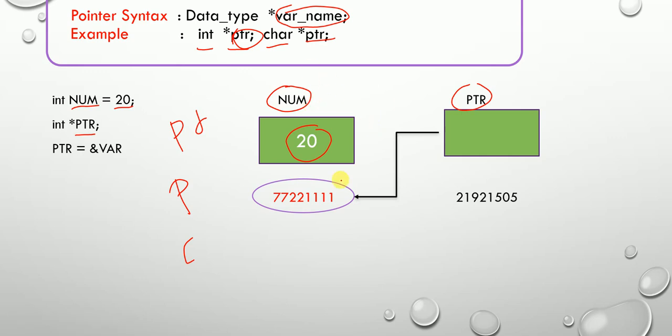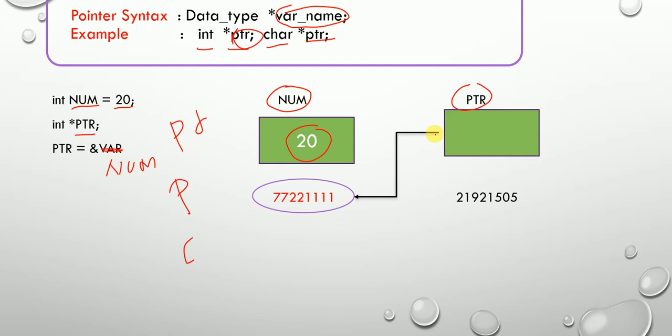What it does is it will get the address of the variable num. Sorry, this needs to be num here. So it will store the address of num in the pointer.